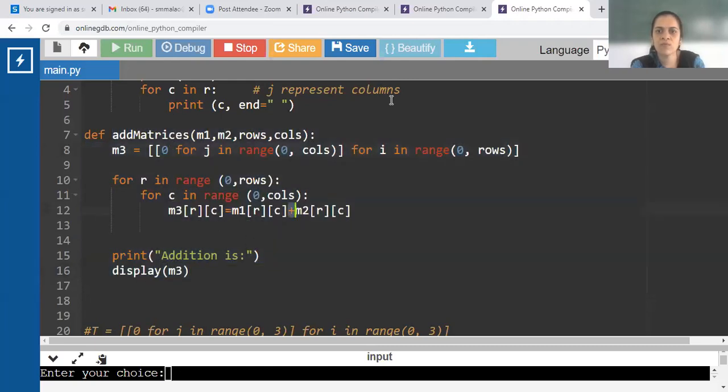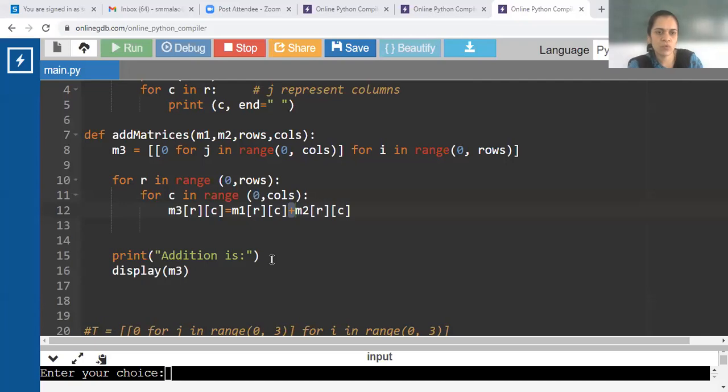Instead of add, you have to put a minus sign, subtraction sign. Yes, you can try it. And then I'll ask Madhuri madam to explain multiplication and transpose of a matrix in the next term. So by next term, that is by Monday, every one of you must try this program.